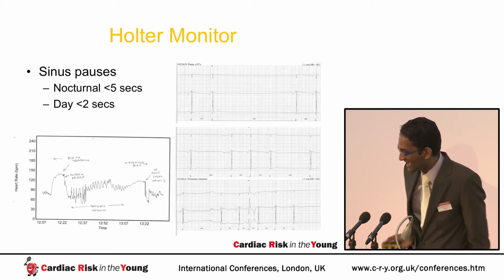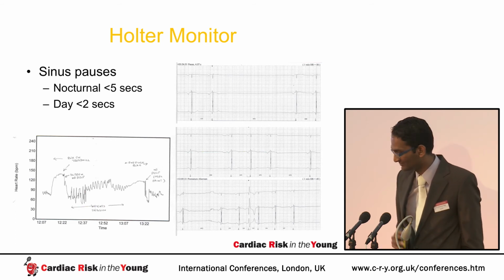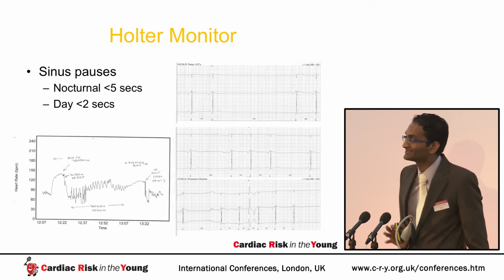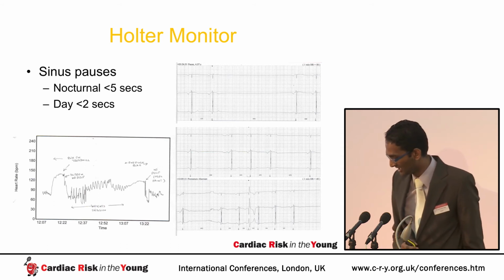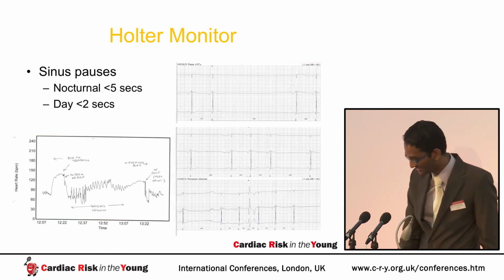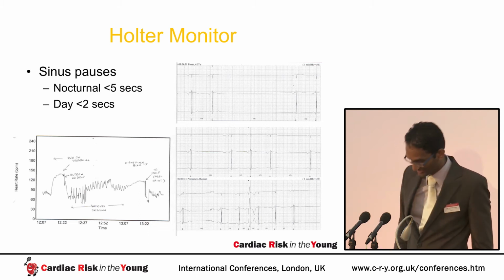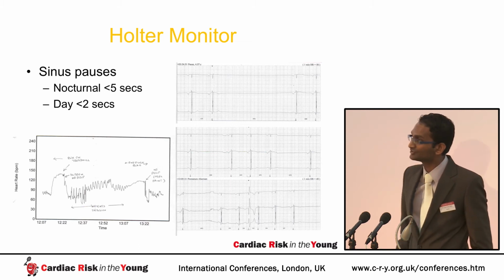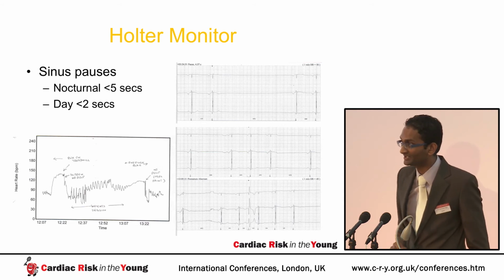So he came, and while we performed a Holter monitor that showed significant nocturnal pauses of up to 5 seconds and daytime pauses of 2 seconds, he rather helpfully was able to document his own pulse during a training session using a wrist heart rate monitor. And if you can see here, he was able to document precipitous falls in his heart rate during treadmill exercise and during cycling that corresponded with his pre-syncope.